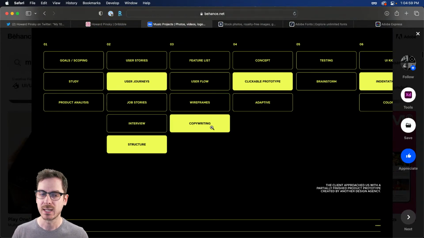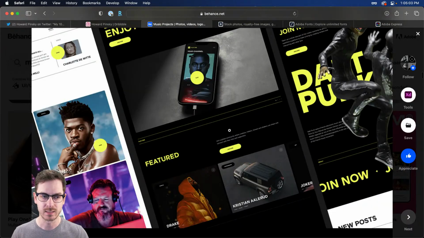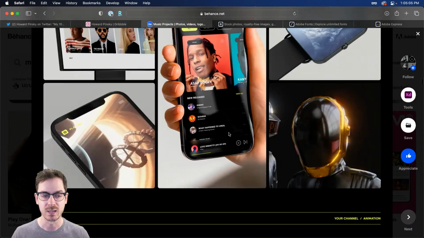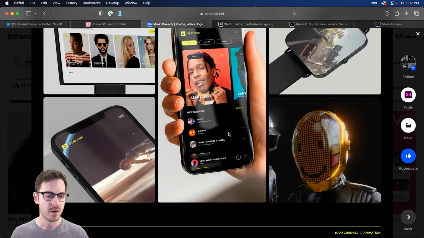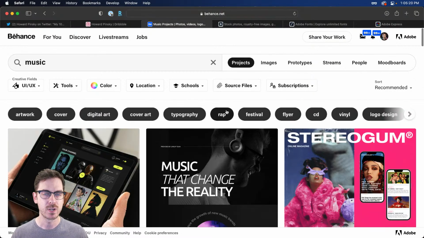It's not about copying, it's about finding things that work in various projects like this, right? This is a beautiful case study, by the way. Definitely go check this one out. But it's about finding things that work in all these different projects and real-world applications like Spotify and Apple Music and Tidal and all these different music apps in this particular case, and bringing them all together in a new experience. So definitely, I would encourage you to do that.